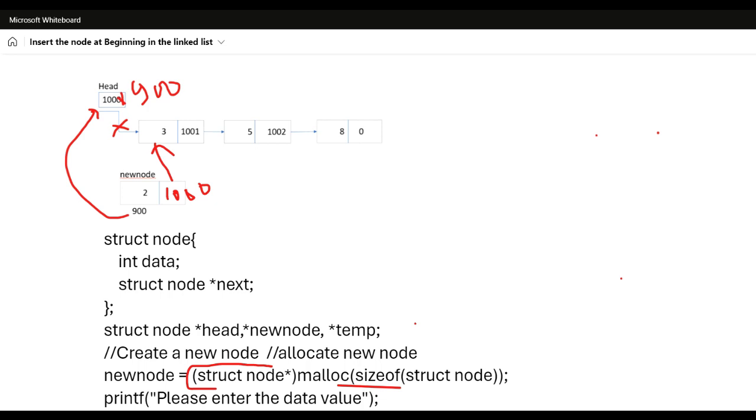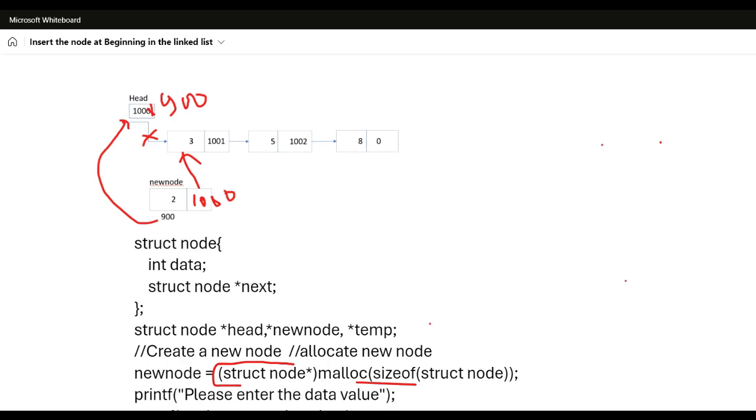So we will get this value from the user. The new node will be created with value 2, and by assumption its address is 900. Then the program is new node arrow next equal to head, meaning assigning the new node's next